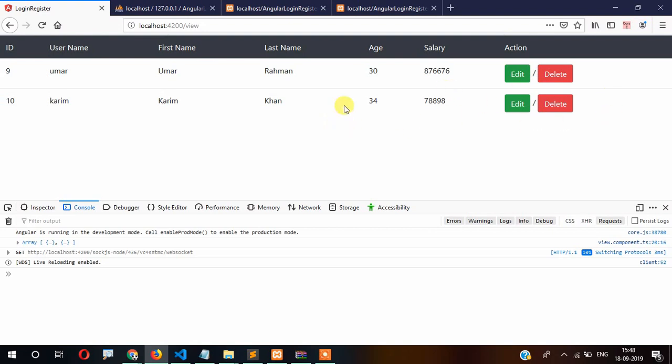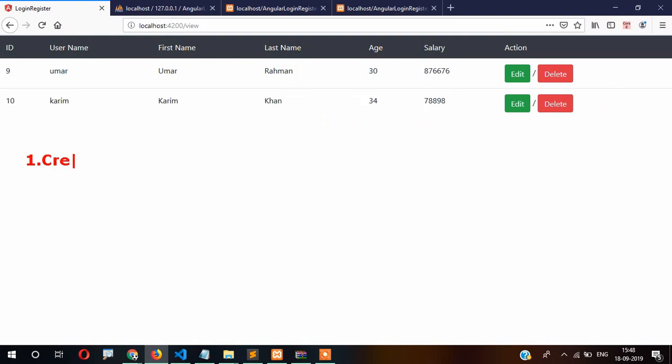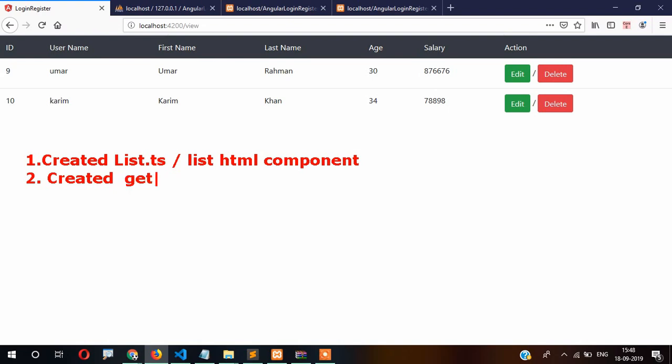First name, last name, and all that. So how did we do all these things? Let me recap it. The first thing is to create a list.ts file as well as a list.html component, right? The second one is creating a getUsers function inside the service file. The third step was